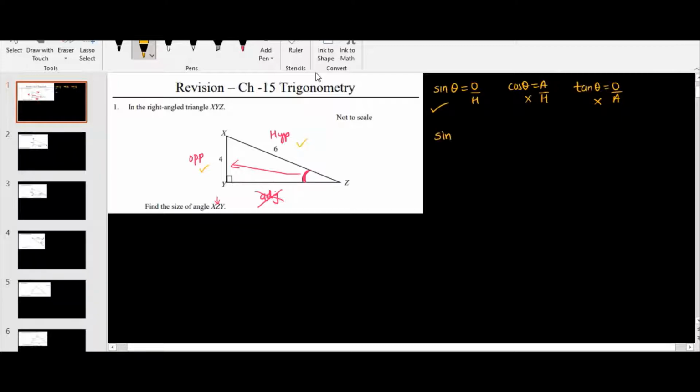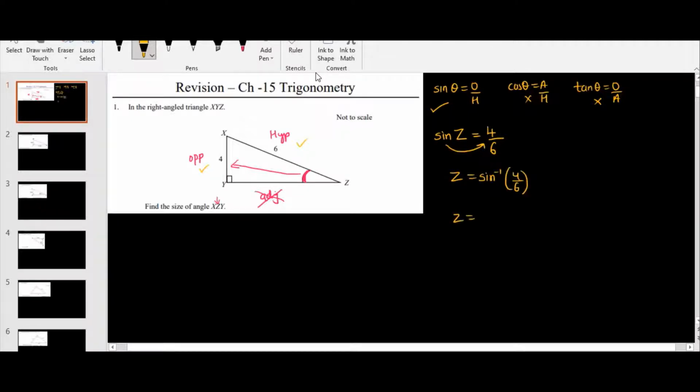Sin theta, we will not write theta here. We are going to find the angle Z, so we will write sin Z equals, opposite side is 4. There is no unit given here. If a unit is given, then you can write centimeter, but since there is no unit, I am writing it as 4, divided by hypotenuse side as 6. We are finding the angle Z, so I have to bring this sine to the right side. When sine goes to the right side, it becomes sine inverse. Sine inverse of 4 divided by 6.